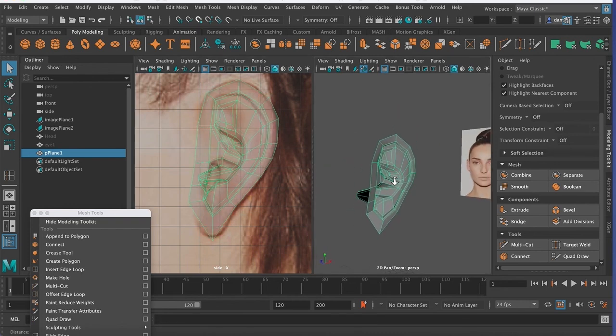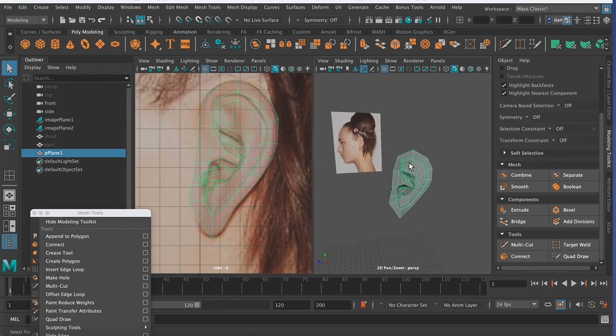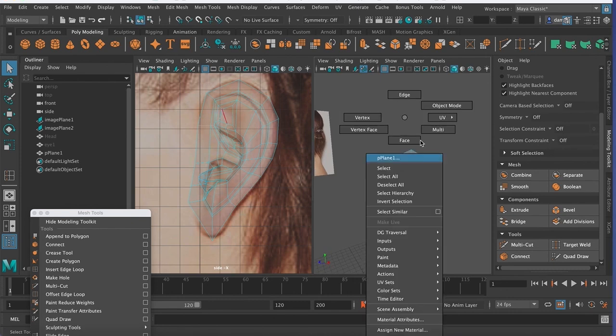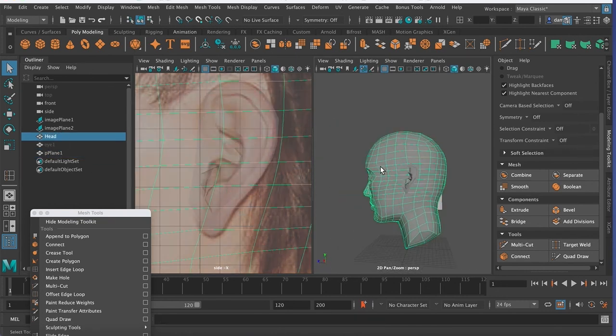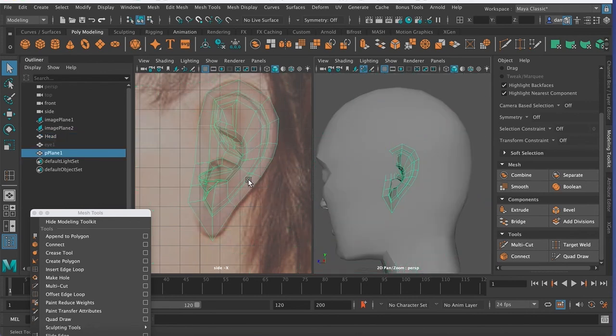And so before I add any more geometry to this thing, I'm just going to work on making it more 3D and connecting it to the rest of the head here. So what I'm going to do here is go into edge mode, and what I might also want to do is turn on the rest of my model again. So I'll select it in the outliner, press H to bring it back. And this whole ear,